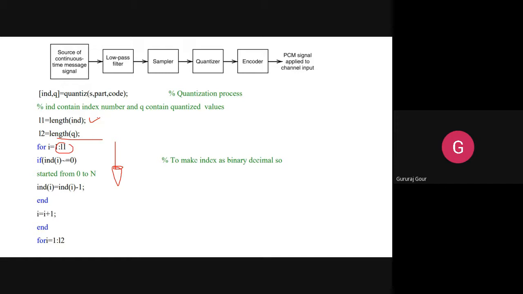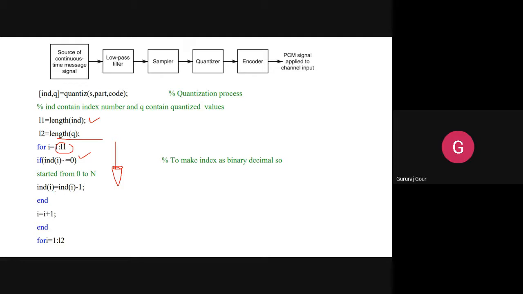The maximum index, whatever you are getting for all the quantization values, if you refer to their positions, you get the length of the index. So we go on checking that index of I is not equal to 0. It should be non-zero because the position should be non-zero.